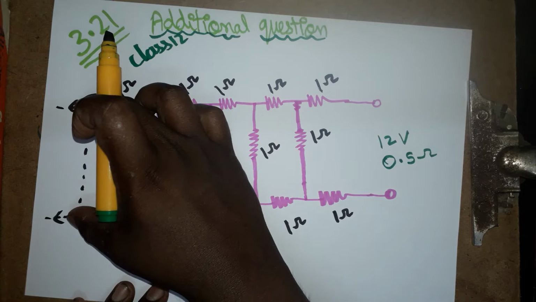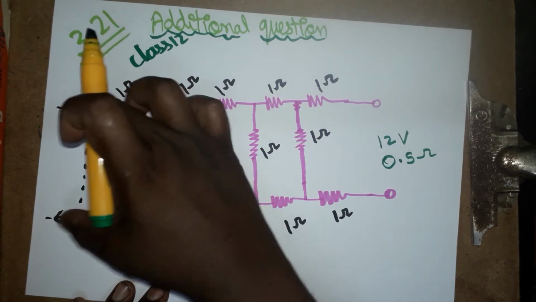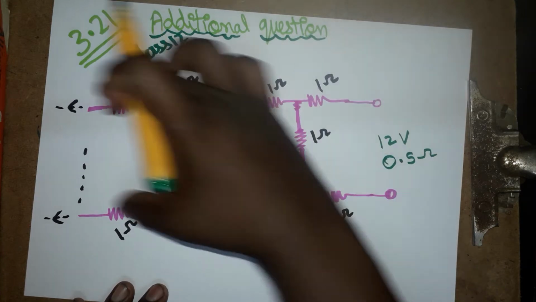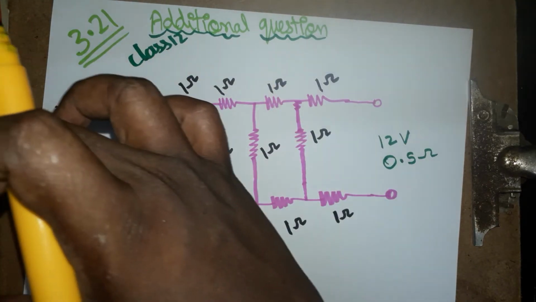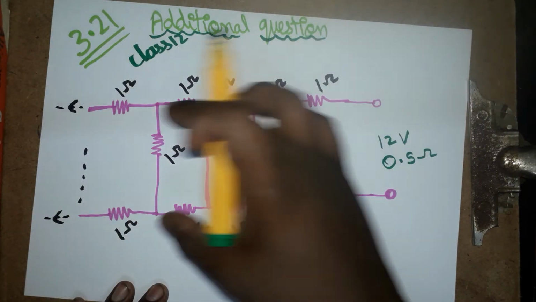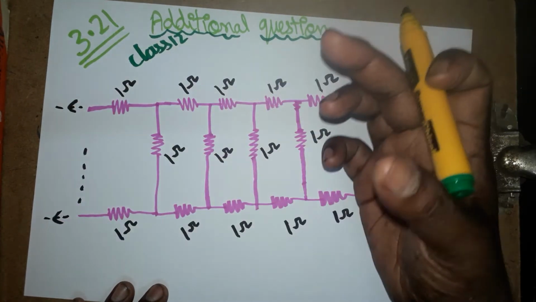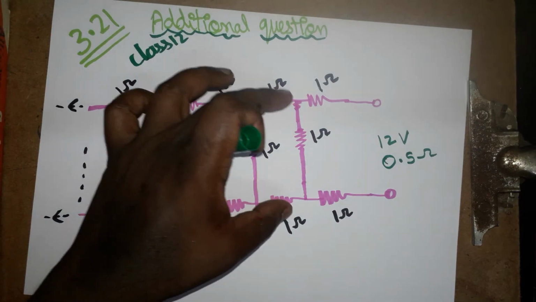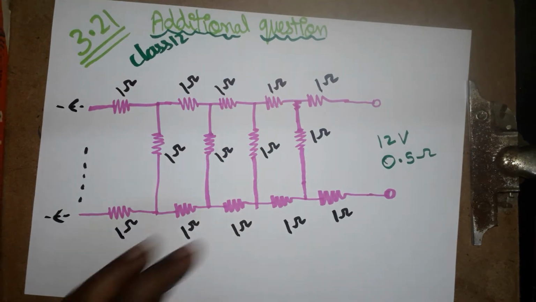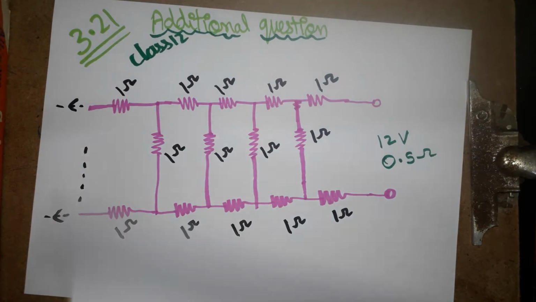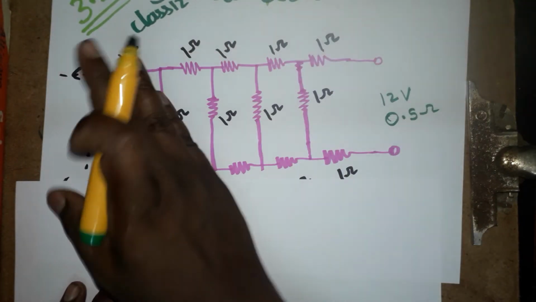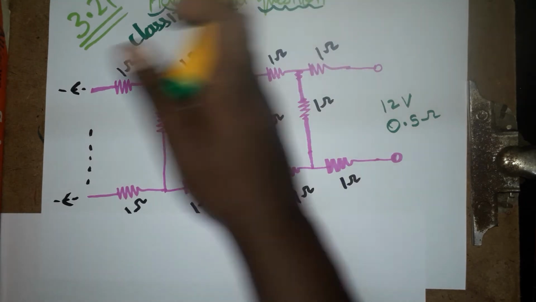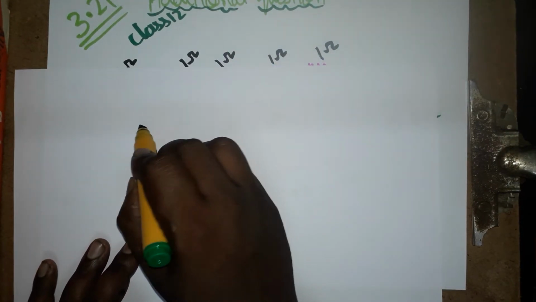If you take it here as x, instead of taking it here you can take it here also as x, and the answer will be the same. If you take it here or here, both give the same thing, because it's going to infinity. So I am going to take it till here as x, because everything is 1, 1, 1 and it is an infinite circuit, and the next value is in the same pattern.